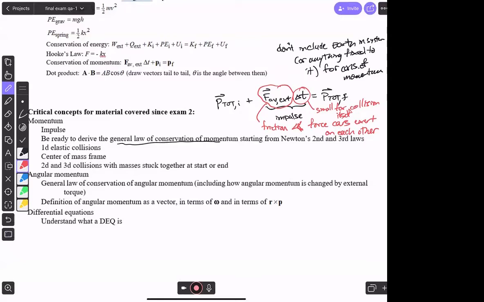In contrast, when we have the problem of the smart car smashing into the brick wall, there I would encourage you to think of the brick wall as outside the system, but there's an average force that's external that's not at all negligible because it's the main force acting on the smart car during the collision. Wait, so the brick wall wouldn't be a part of the system? I would encourage you in that case to define the system to be only the smart car and have the brick wall be something outside the system. The reason not to include the Earth in your system is because it's usually hard to quantify the changes in momentum of the Earth because it's so large.